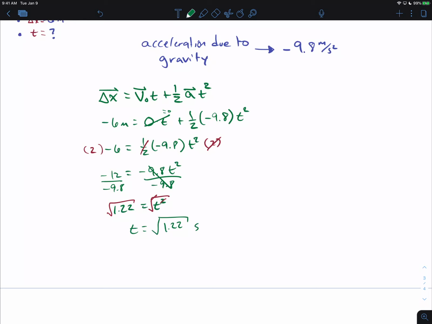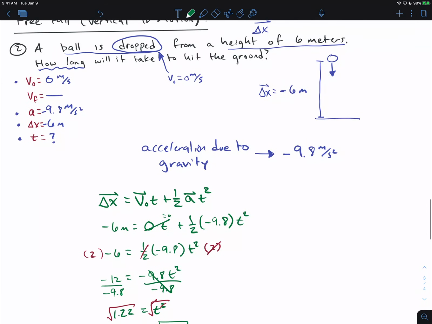This will give me 1.1. So again, I usually just round to 3 significant figures. So this should give me time is approximately 1.10. So in 1.1 seconds,